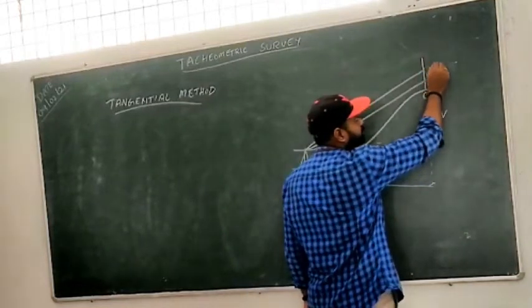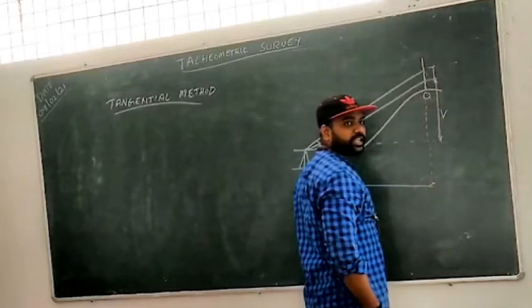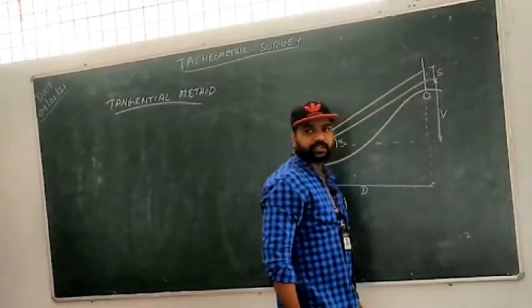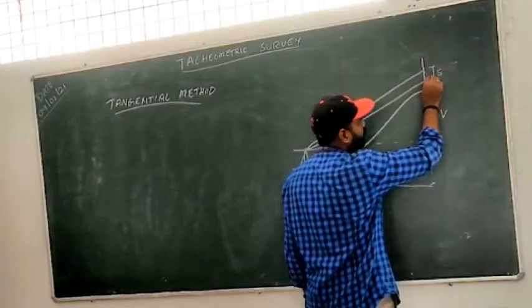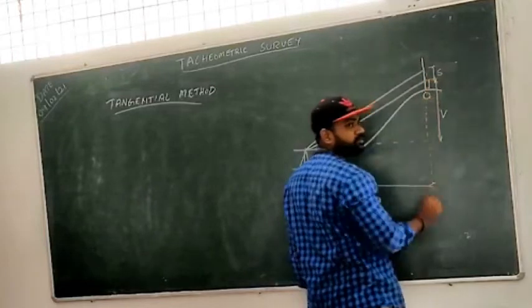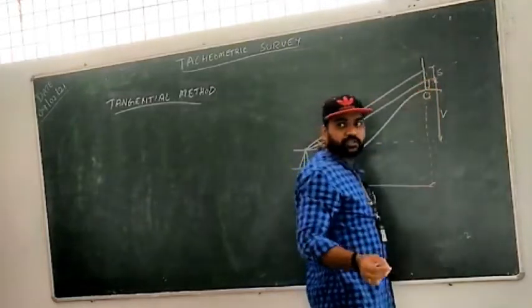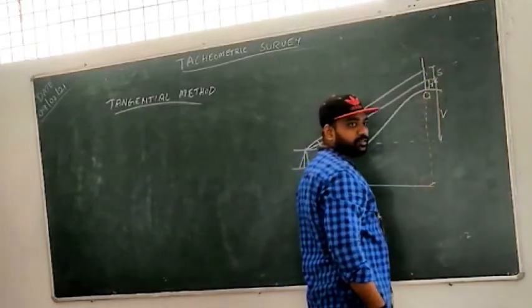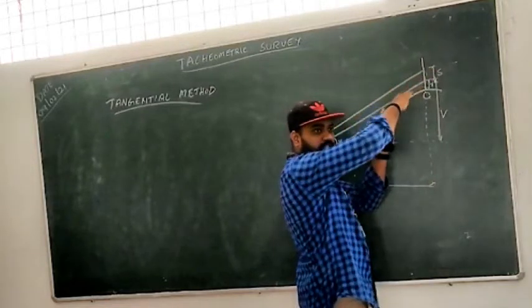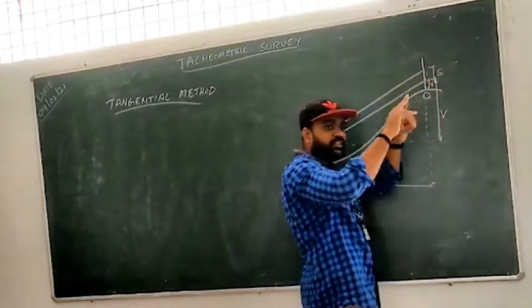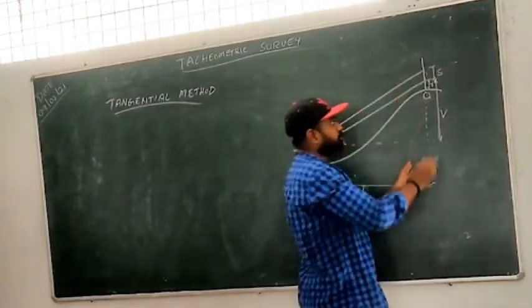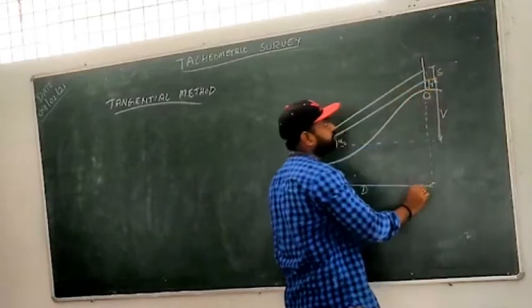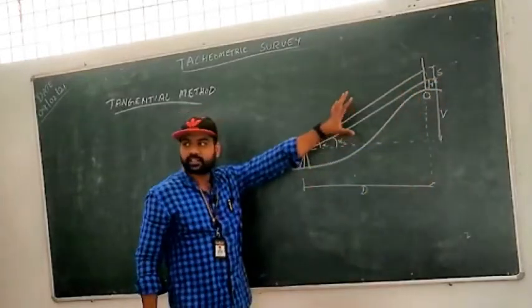And what about this one? What does S mean? Staff intercept. Correct. Good. And from the bottom vane to the ground, what is this one? Previously what did we take? R. Because there we kept the staff vertical and the line of sight was normal to the vertical, that is why we got r sin theta, r cos theta. Here, whatever the distance from the bottom vane to the ground, this will become your r. Is there any difficulty understanding this figure?